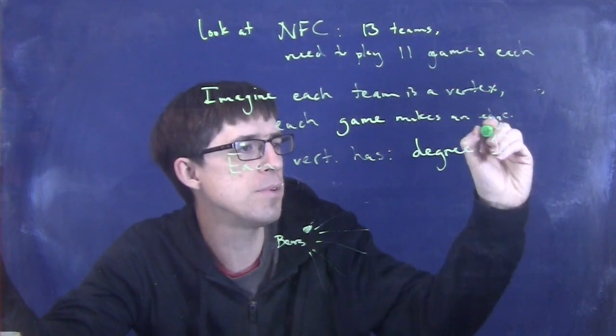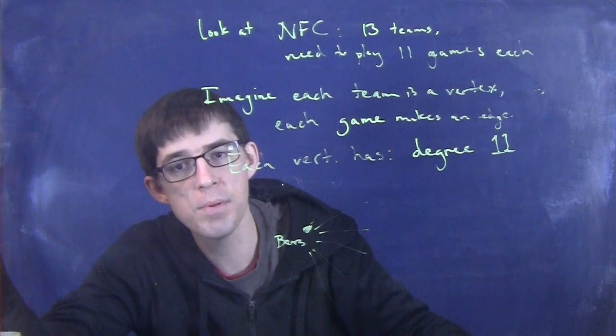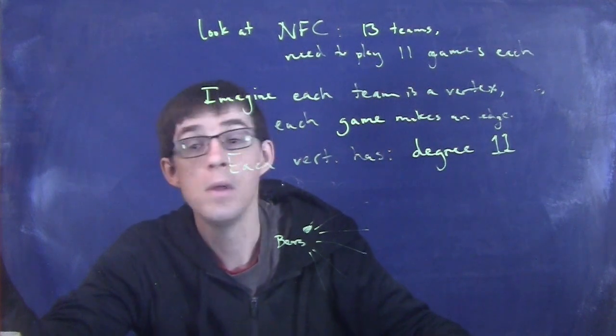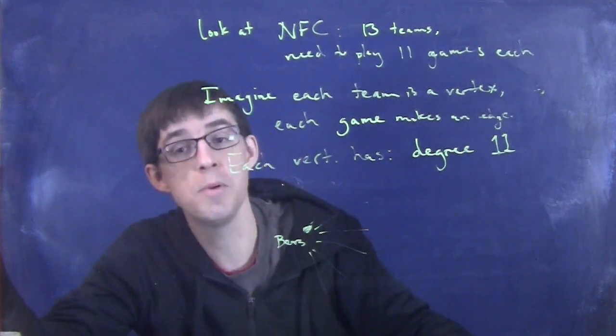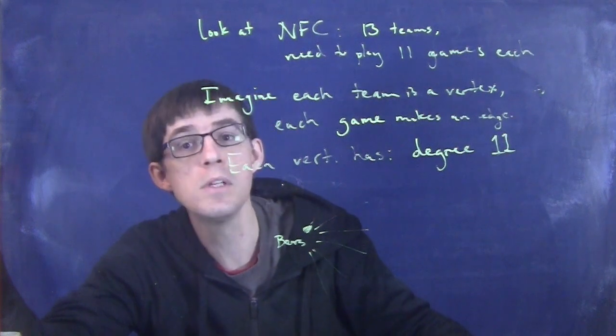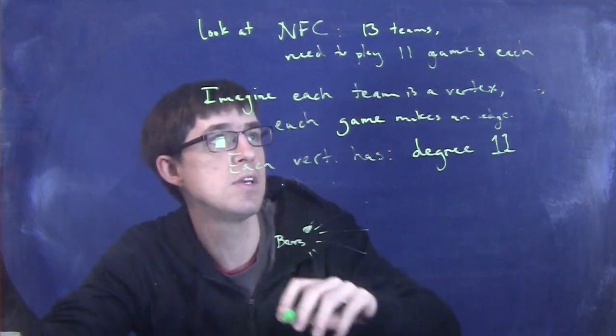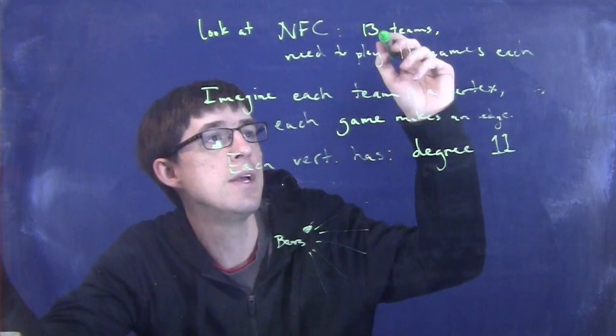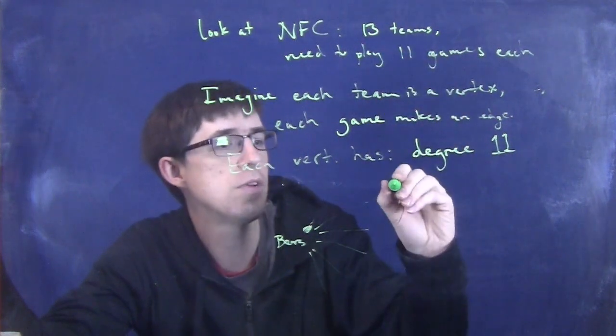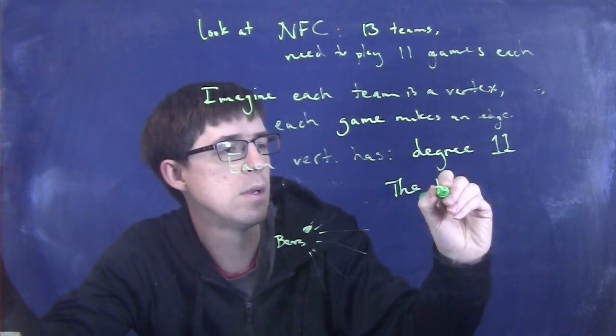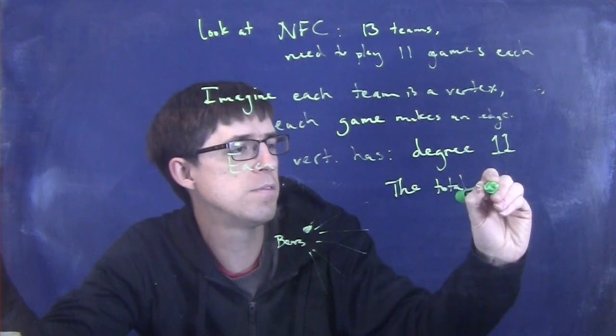The edges represent the number of games they're playing, and they're all playing 11 games each. So then, this has something to do with the sum of degrees. What is the total sum of the degrees in this conference? There are 13 teams. Each has degree 11. And so the sum of the degrees, the total sum of degrees